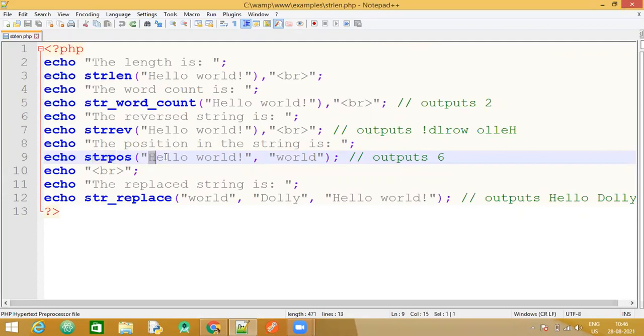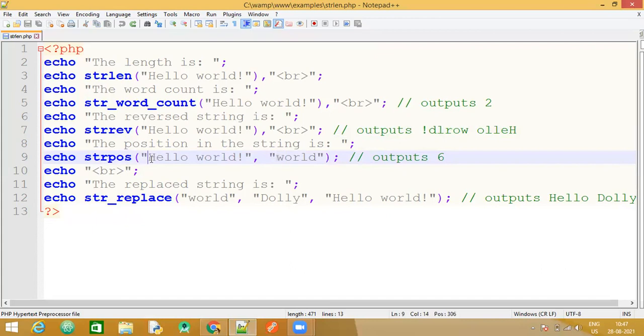The first one, the string hello world, then comma, followed by another string that is world. So what I want to find out is at what index this w is starting, or at what index this world is placed. So it is going to return the first index of this particular string, the first index where w is there. So the output for this will be 6.